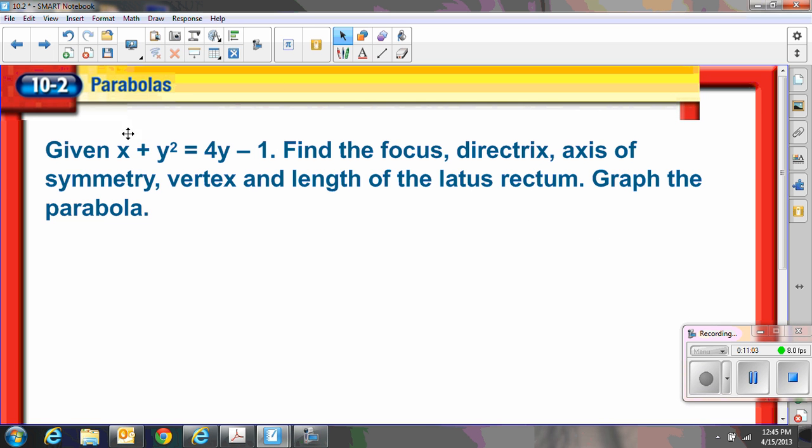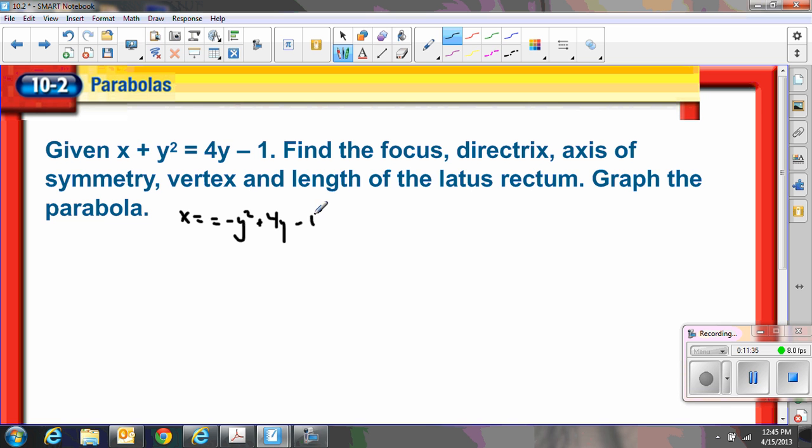So first thing I notice when I look at this equation is right here, y squared. That y squared tells me that this is in fact a parabola that opens the other direction. So instead of opening up and down, this is going to open left and right. First thing I'm going to do, I'm going to put the y squared on the side with the y. So this will give me the equation x equals a negative y squared plus 4y